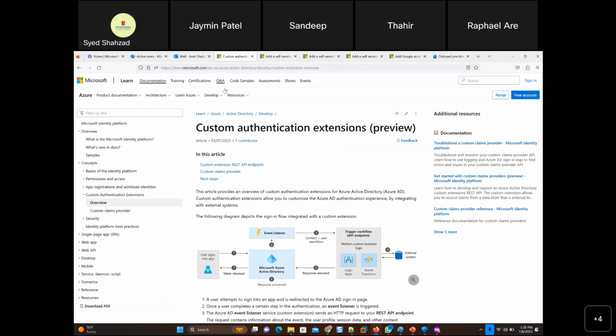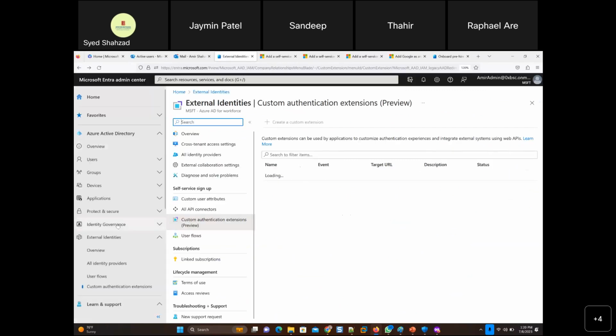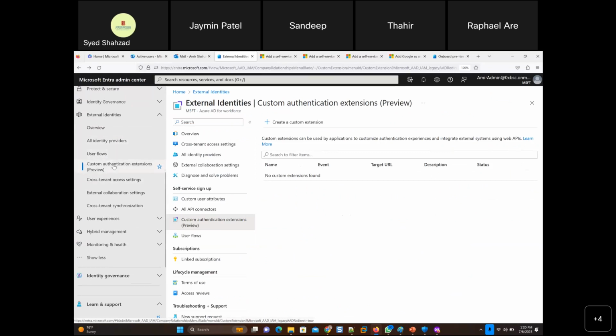So if we go back here, custom authentication extensions, again, how do you want the authentication to work? MFA plus username, password, plus maybe some extra fob there as well. You want to add more types there, modern authentication you want to add, or still the classic authentication. Obviously, you would want to avoid that.